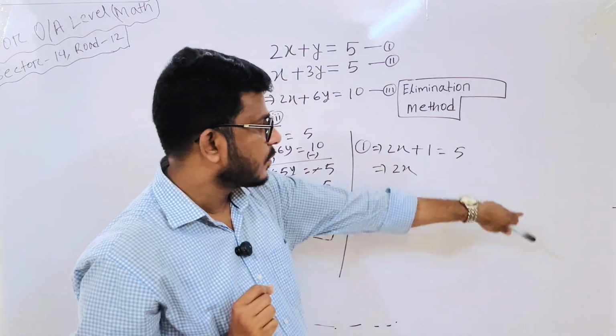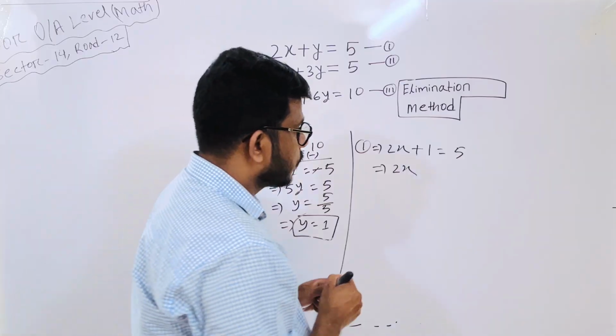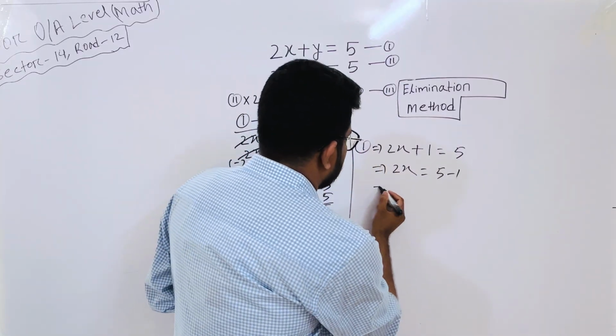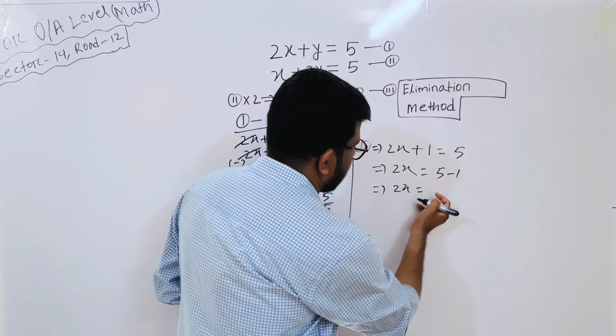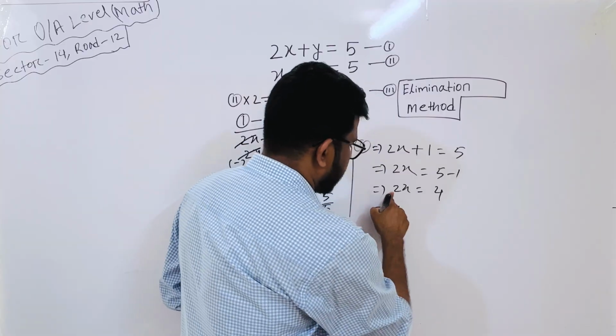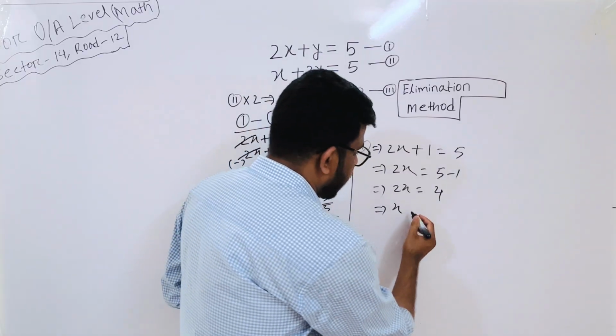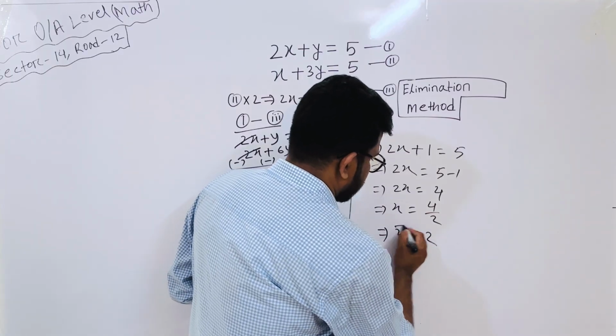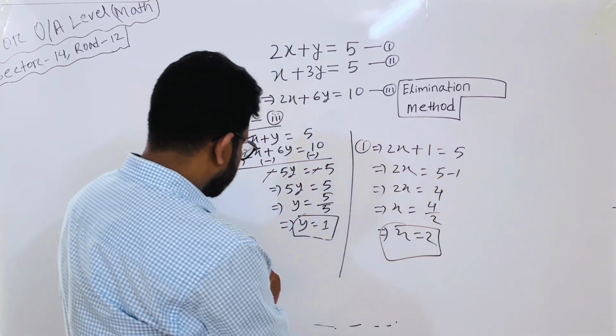If I transfer 1 to the right side, it will be minus 1. So then 2x, just copy, and 5 minus 1 will be 4, and x is here. If I transfer 2 to the right side, it will be divide, so 4 by 2, so x equals 2. So already we got two values. One is x